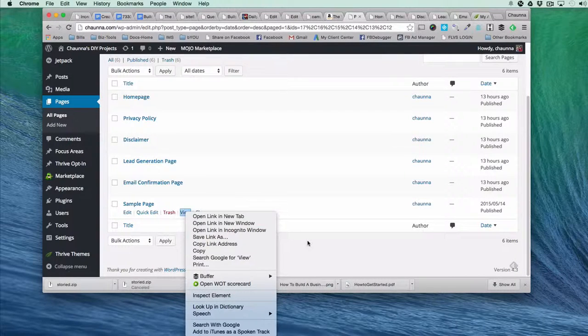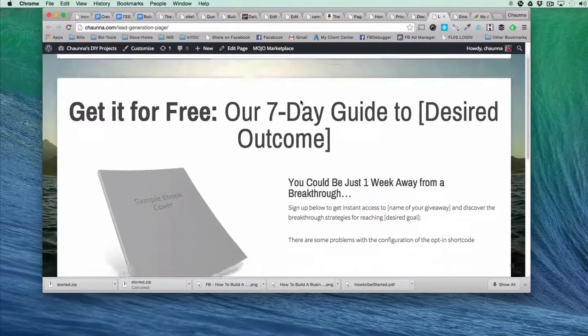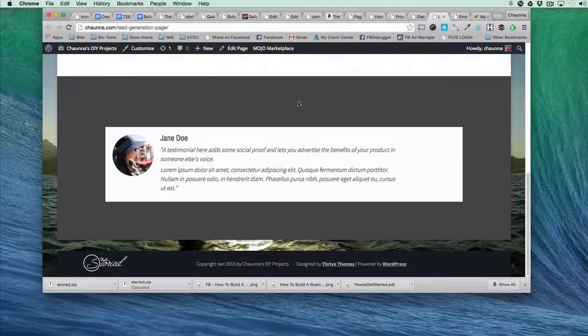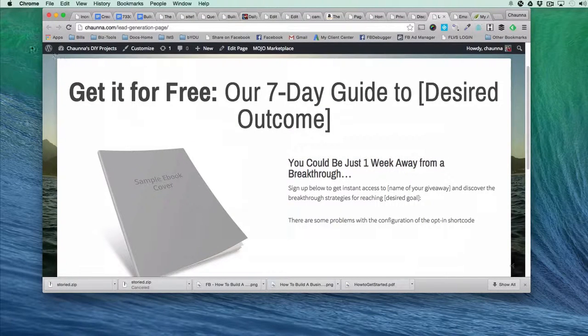The sample page is already given to us by WordPress. Alright, so this is a pretty cool little opt-in page. It has a testimonial down here. This is like, if you want to give away something for free, this is a title that's already up there and formatted for you, and then you can replace this image with whatever you're trying to give away for